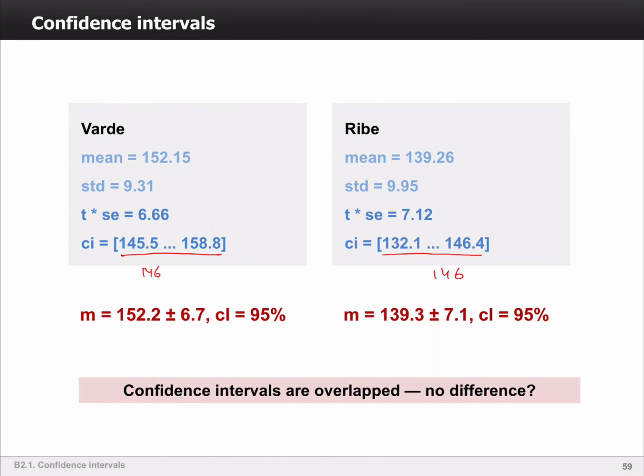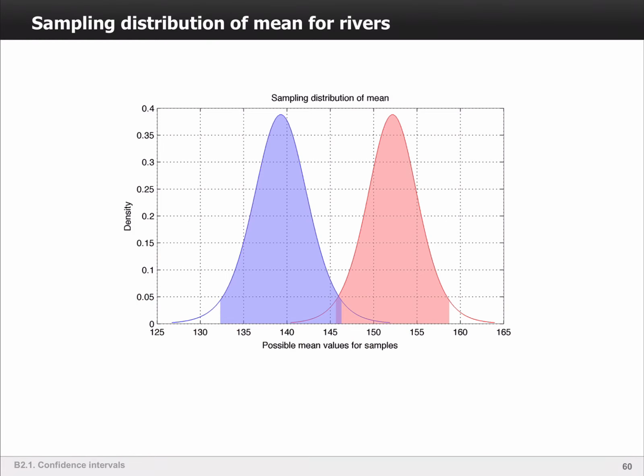So let's talk about how to compare samples now, how to say if one sample is larger than the other one, or we are talking about average in this case. So for example, that VADA is more contaminated than RIBA, or this particular medicine works better than this one. Okay, so how to compare samples? Well, I will use